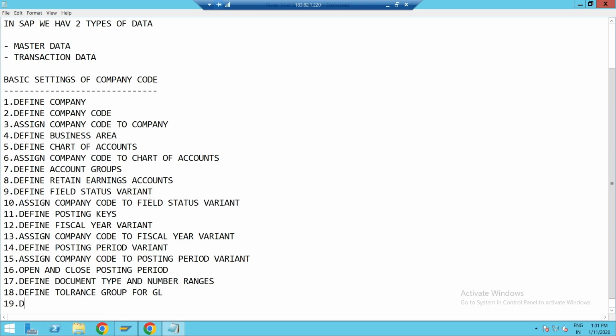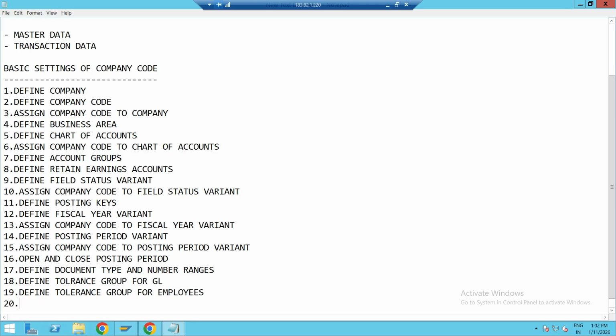Next, define tolerance group for employees. Next, global parameters. So these are the 20 settings which should be done in the IMG screen before you post the